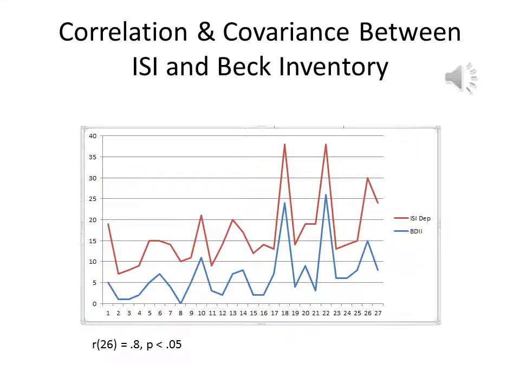In the PowerPoint frames that follow, we're going to be making comparisons between qEEG and states of anxiety and depression, and we're going to use the interactive self-inventory as a measure of anxiety and depression. It has an anxiety and depression scale. We ran factor analysis on the ISI, and the anxiety and depression scales held up very well. Their alphas were excellent, so we know that they're valid. And here you can see the covariance between the Beck inventory and the depression and anxiety measures on the ISI co-vary nicely.